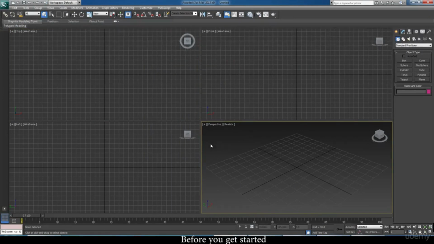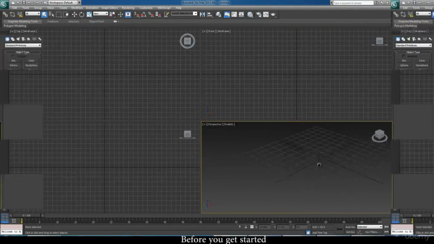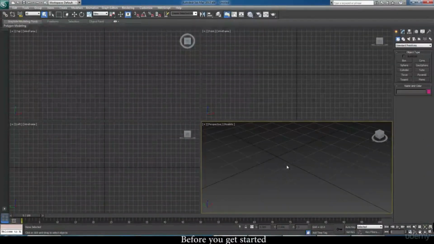Okay, these are called viewports. I'll come to this in a bit, but before you start, you have to keep three things in mind. So first thing is, you have to check your middle mouse button, whether it's working or not, because middle mouse button is really important while working in 3D. So click on one of these. This is a perspective view. Over here, click on the middle mouse button and turn towards sideways. So this way you see a black hand coming in and you can move up and down. Second thing is you've got to check whether it's zooming or not. So scroll with your middle mouse button.